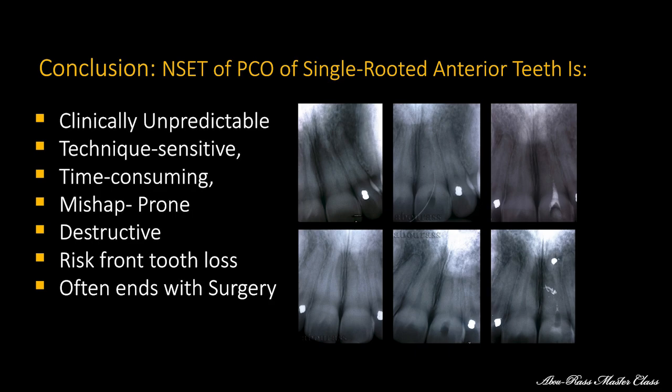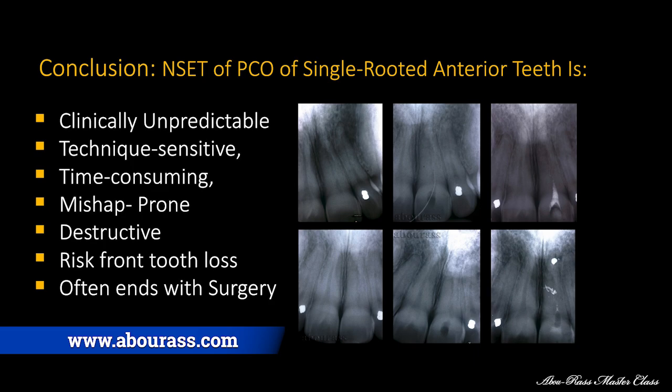So, what's my conclusion? The conclusion regarding non-surgical endodontic treatment of pulp canal obliteration of single-rooted teeth, specifically, again, I'm repeating, the maxillary six anteriors, canine to canine, in the American system tooth number 6 to tooth number 11. The treatment, in my opinion, after doing so many cases at USC with my graduate program, we made the